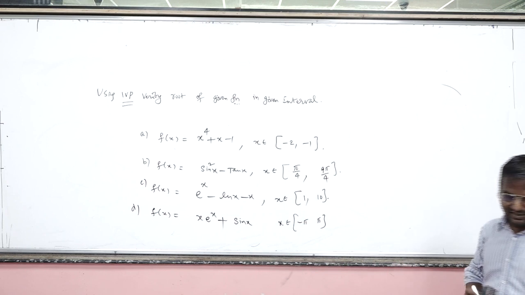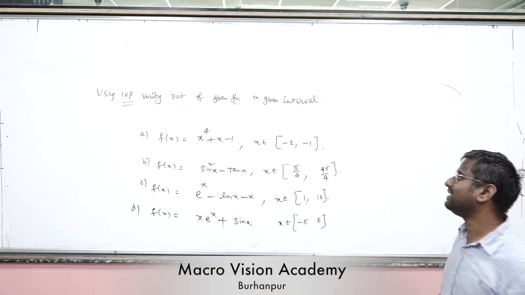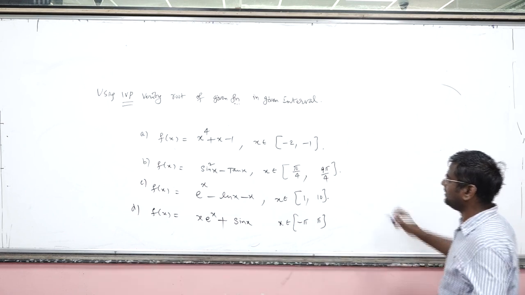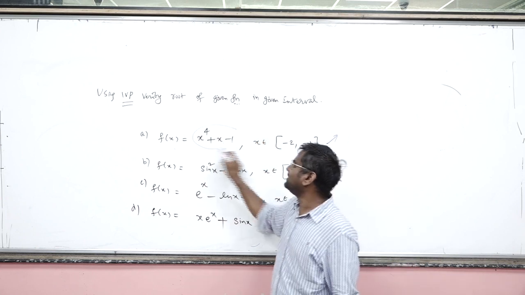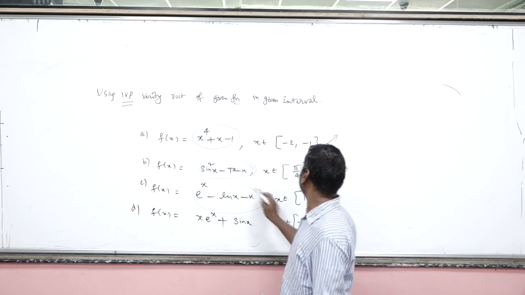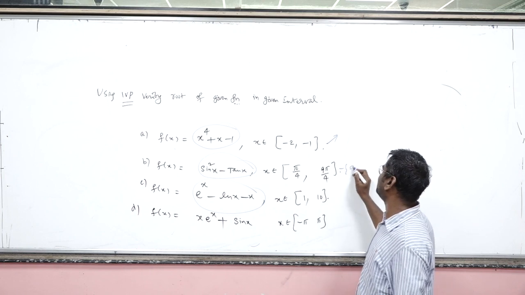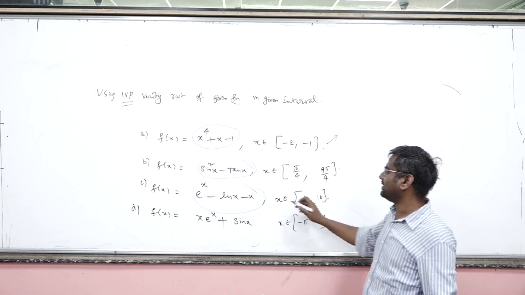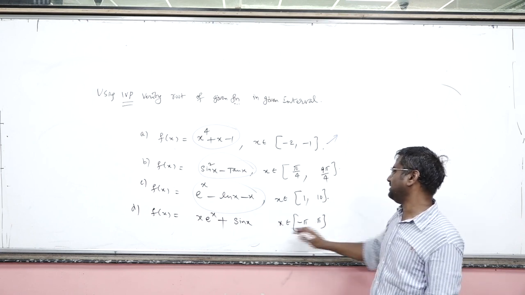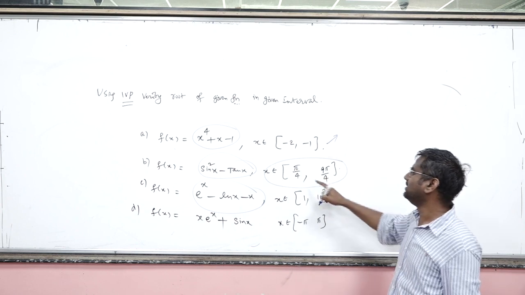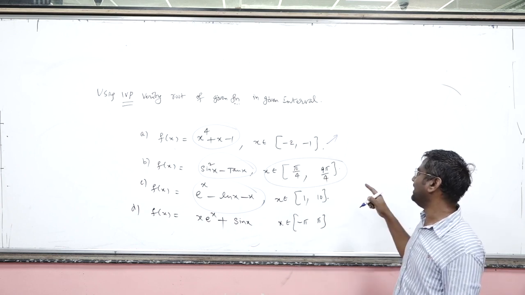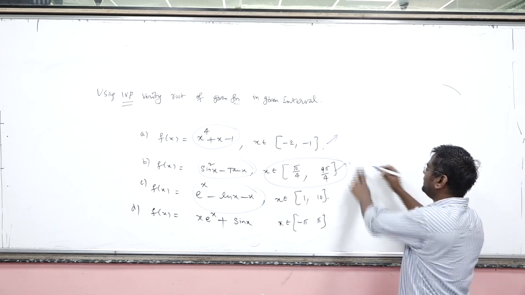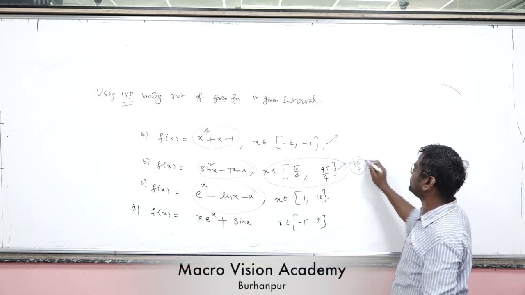So let me take these examples and let us analyze how I can apply this IVP to verify whether the following functions are going to have root or not. All you have to do is see all these functions are definitely continuous in their domain. So the only problem is in the option where pi by 4 to 9 pi by 4, I have 4 pi by 8, pi by 2, that is 2 pi by 4 belongs to this.